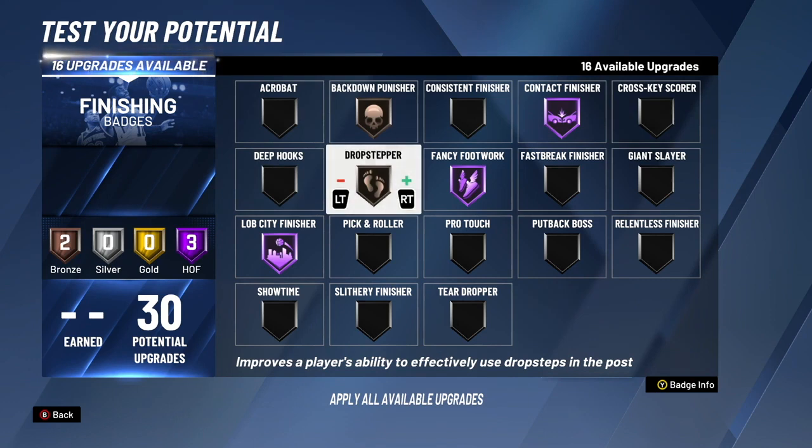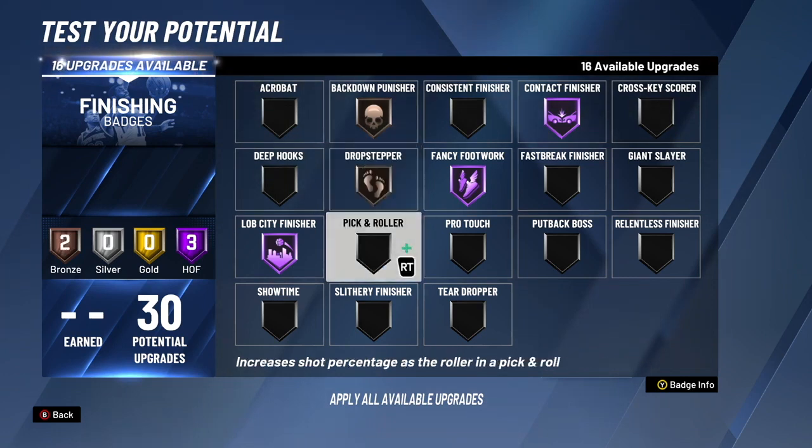Drop Stepper, if you do not know, as a big man what Drop Stepper does, I don't know what to tell you, but drop steps are very, very overpowered in this game, and it's really a good bailout badge for getting you a quick, easy bucket. If you don't do it but once all game, it's gonna get you a bucket every single time. I'm telling you that right now, especially if you at least have it on bronze. All right, if you haven't noticed already, we're just putting on a lot of the big man badges right now,